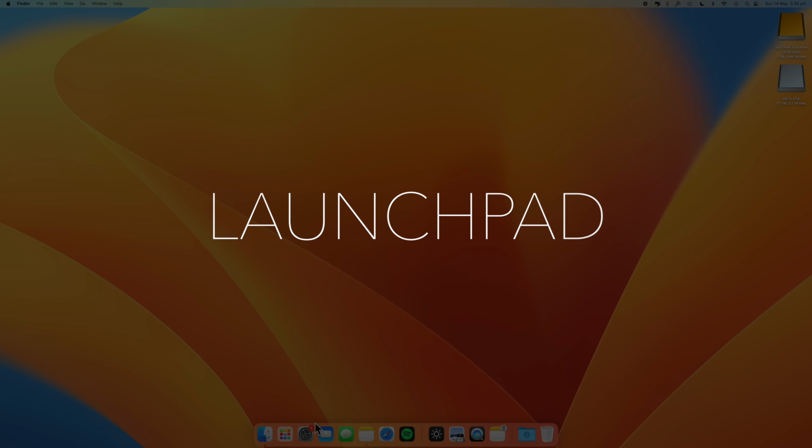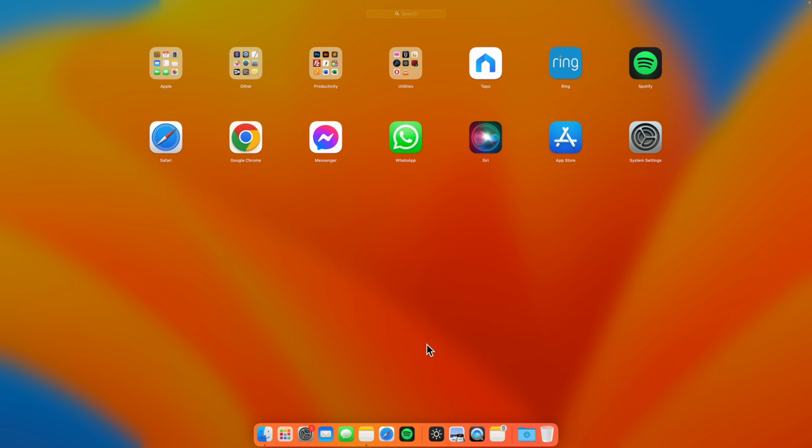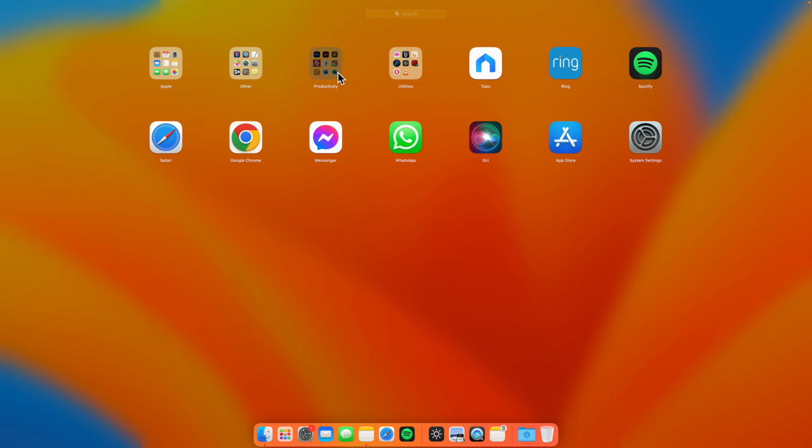If we go back to the dock, you'll see an app with colourful blocks inside it. If we click it, it will take you to the Launchpad. This is an area that displays all of your installed apps, just like on iPad. To remove a default app or an app you've installed from the App Store, you simply click and hold, and all of the apps will start jiggling. Some apps will have an X next to them, others won't.